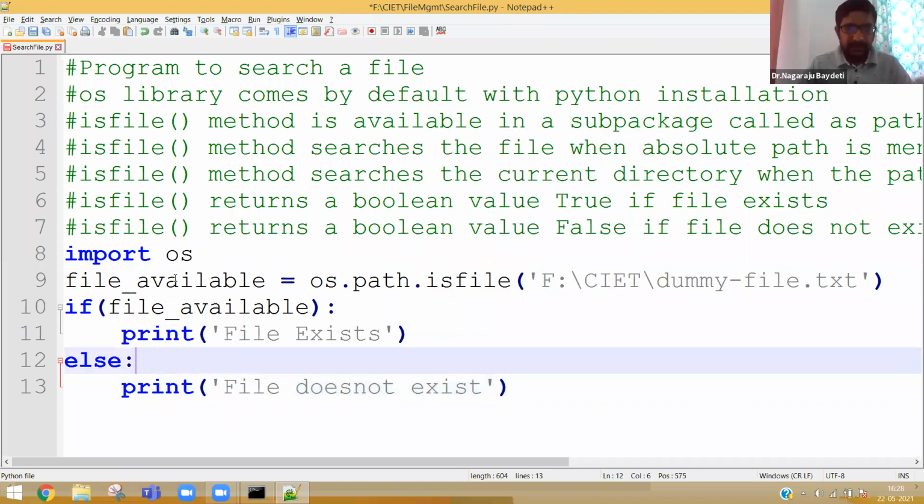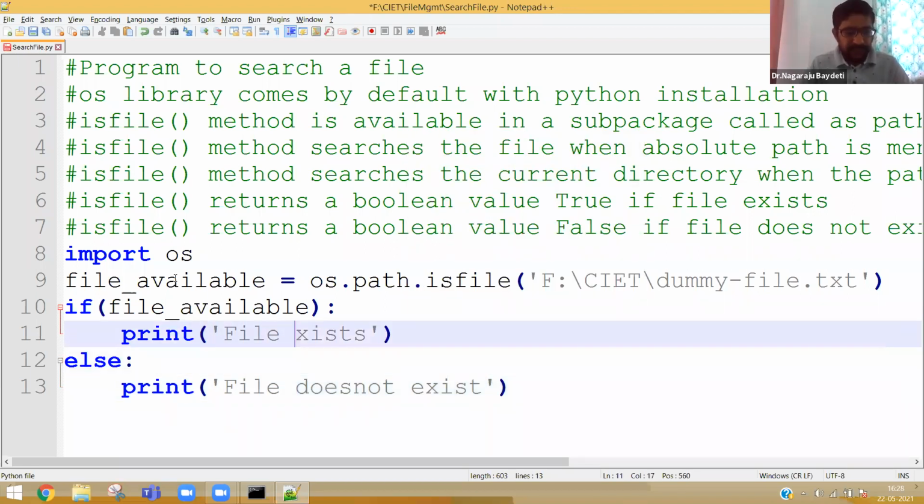So a simple message to search whether a file exists or not.